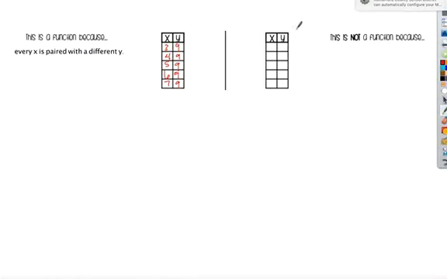In contrast, if you're underneath is not a function column and you're looking at the table, let's say that you have a table that looks like this. So you've got the point 2, 3, you got the point 4, 6, you got the point 4, 9, then 6, 12, and then 8, 15. So if I'm looking at this, I would look in the X column and I would see that I have 2, 4, 4, 6, and 8. That means that this one is